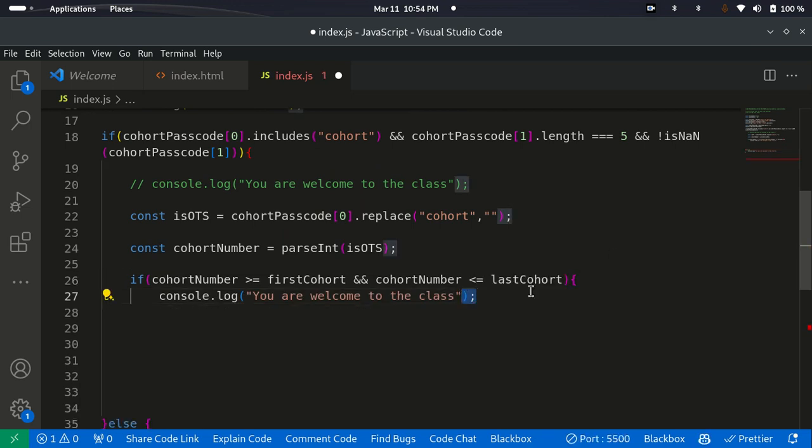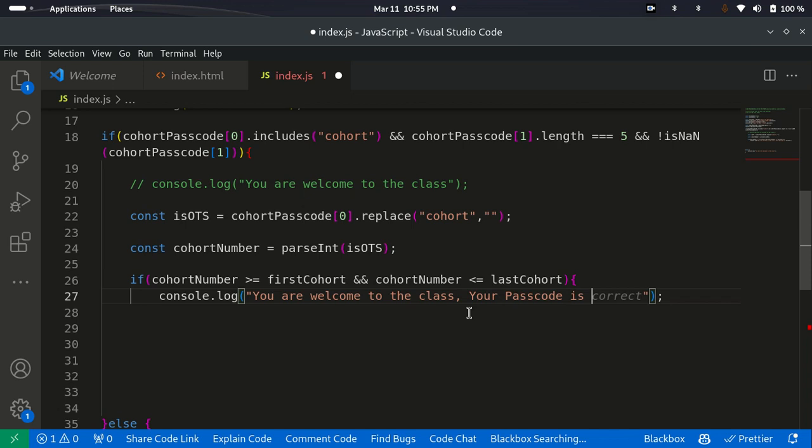So if this cohort number is between this range, as we have stated, you can print for us, you are welcome, your